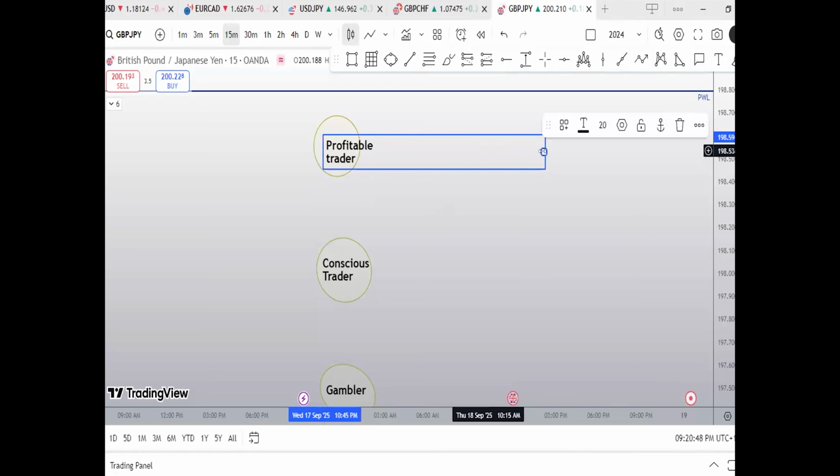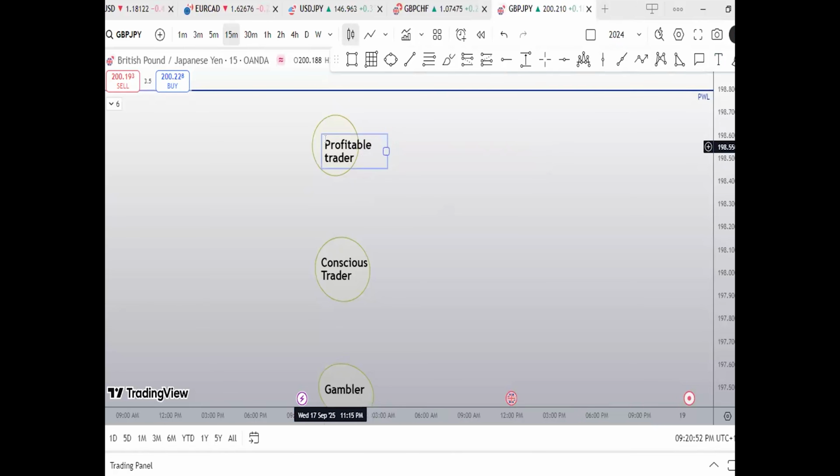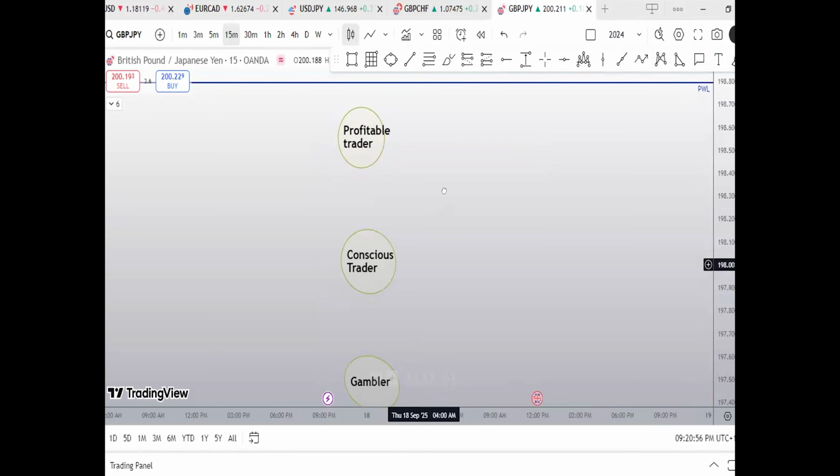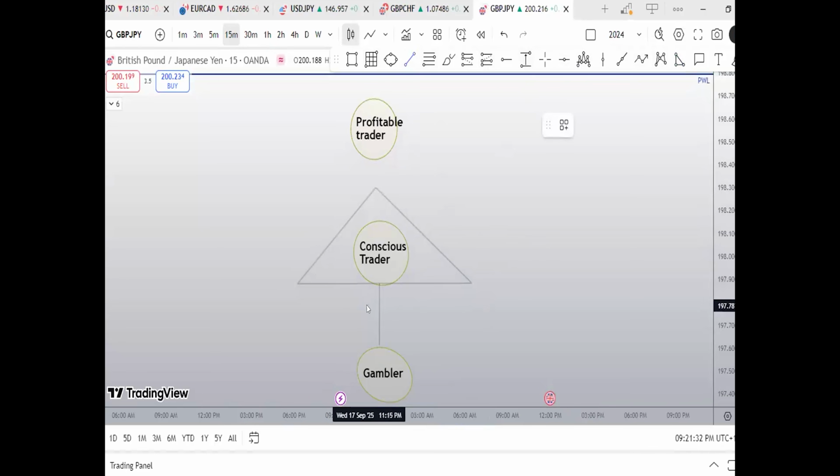This is where everybody wants to be. This is where everybody wants to get to. Now, at this stage, let me use my trend line for this. Please stay with me, okay? You're going to learn a lot from this. All right, at this stage,